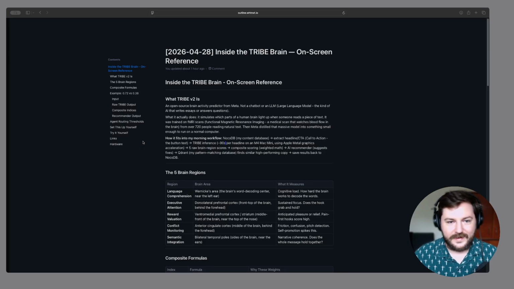Conflict monitoring's in there a little bit too. We don't want too much friction. These are all terms that you probably are familiar with as well. If you're in any kind of revenue ops, you don't want friction, don't want to place too much friction on the buyer or the consumer in this case.